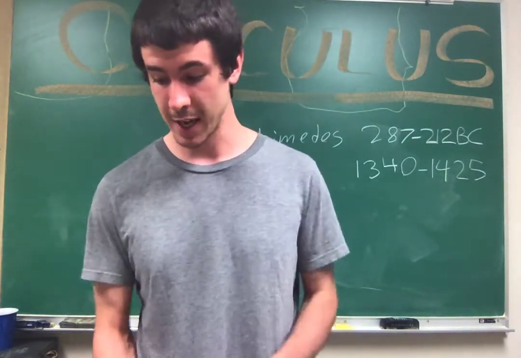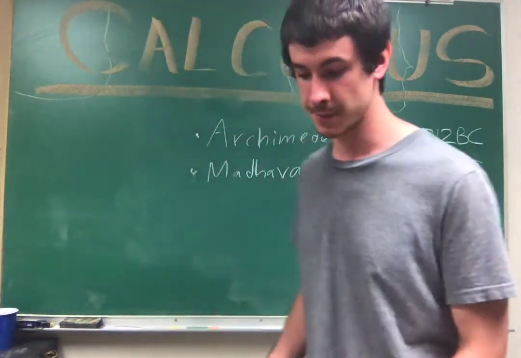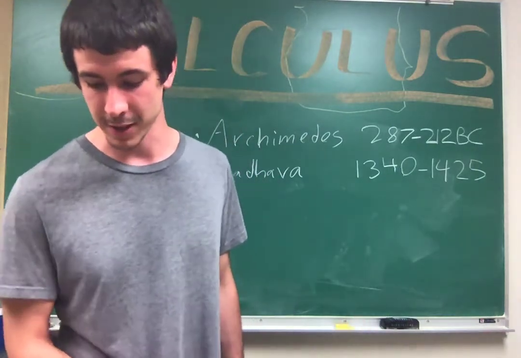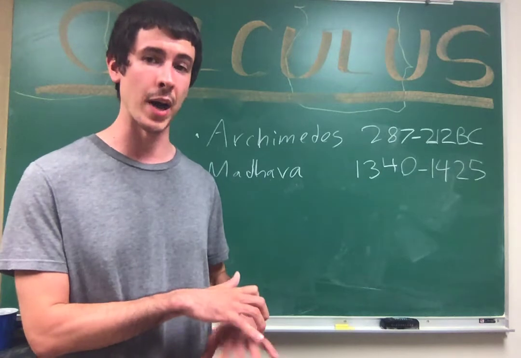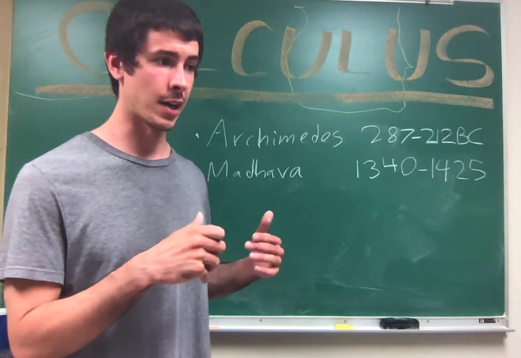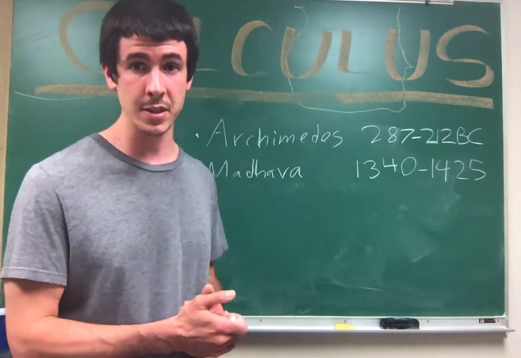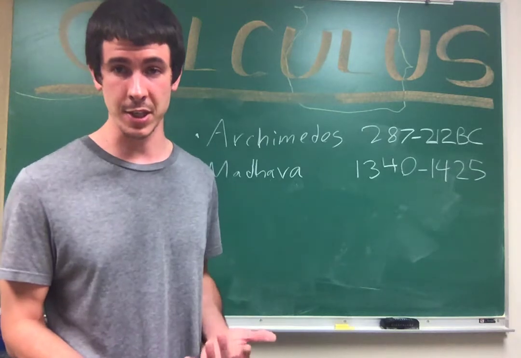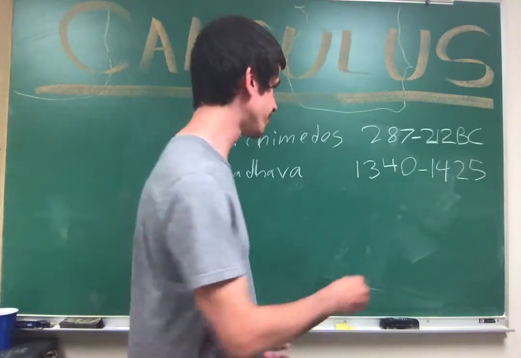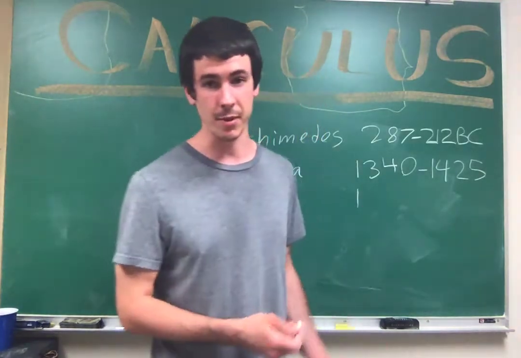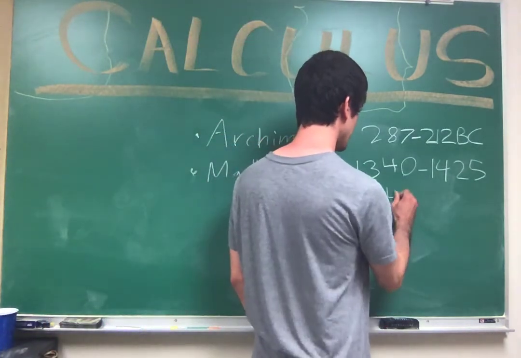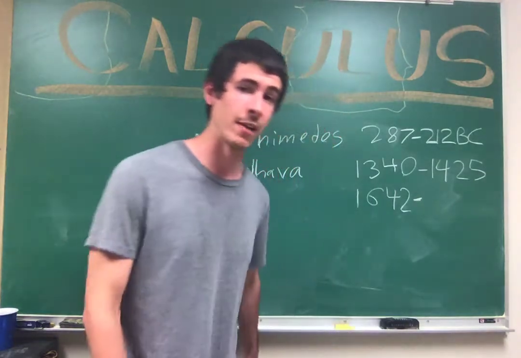But then, of course, the next big name is Newton. Actually there are some big names in between too, but the next one I'm going to list is Newton. A little while before Newton, there were things already getting going in terms of measuring areas of curved shapes, and some stuff with rates of change. But Newton and Leibniz both are really attributed with the modern way of thinking about calculus.